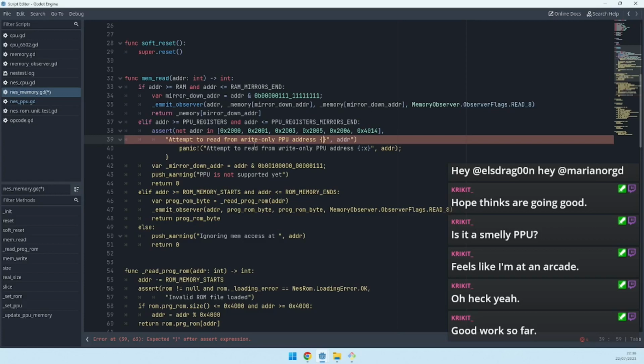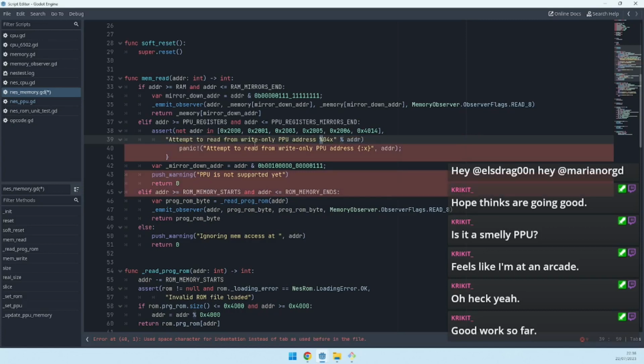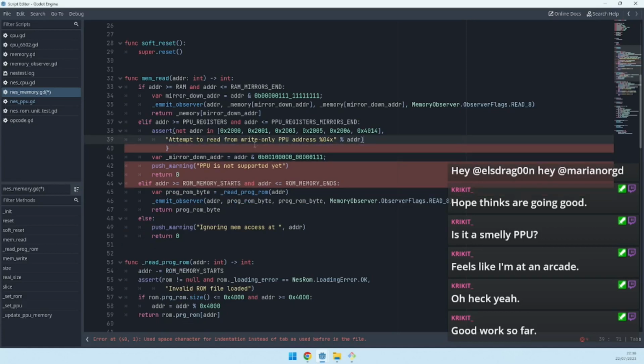Tempted to read from write only PPU address, and we need to format this, and I think the way to format this is %04x, and that is because % is for escaping, 0 means complete blank spaces with zeros at the front, 4 is the number of characters we want, and x means it is a hex value. So this goes away,